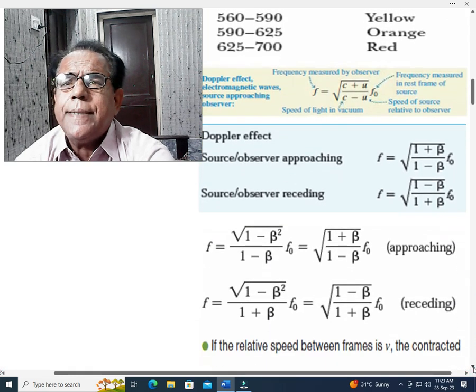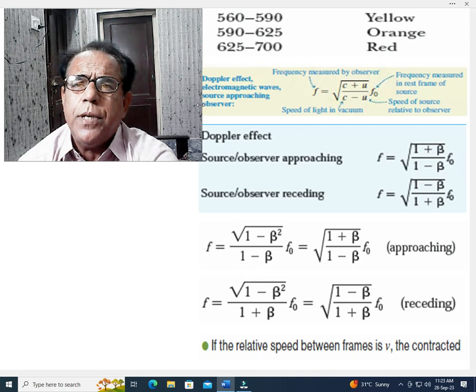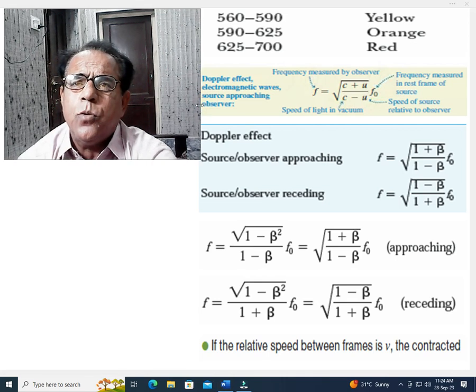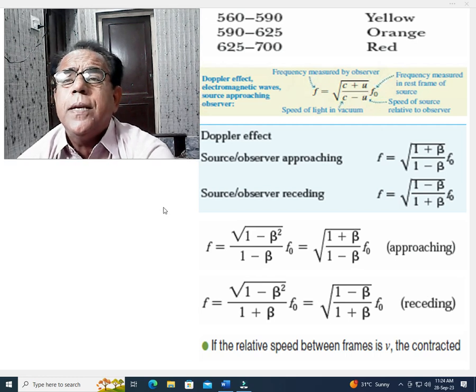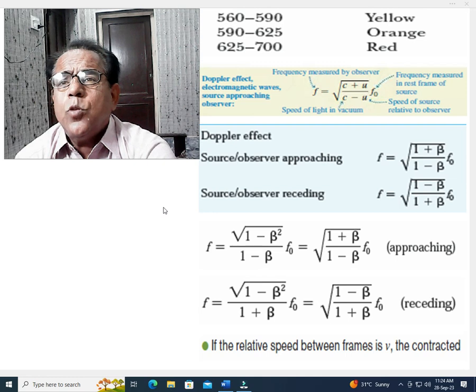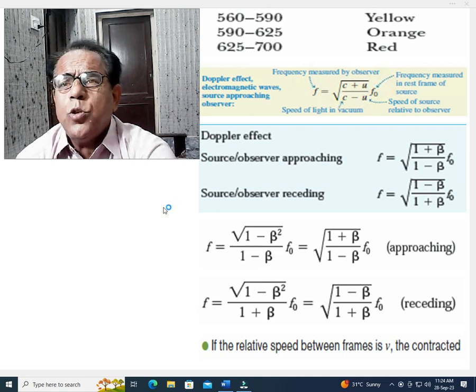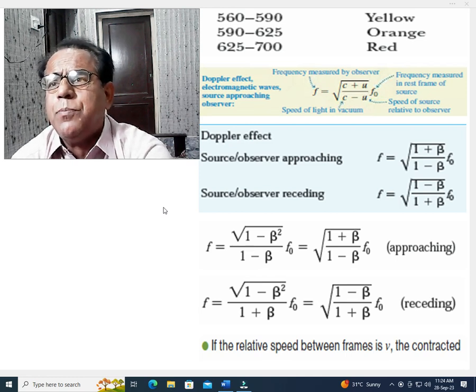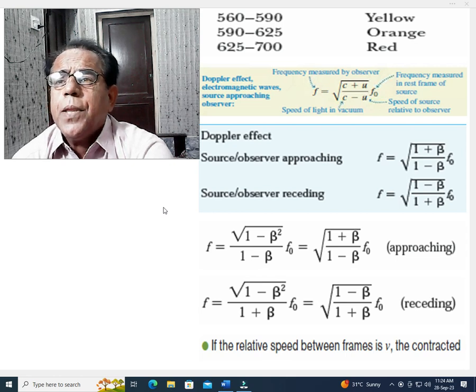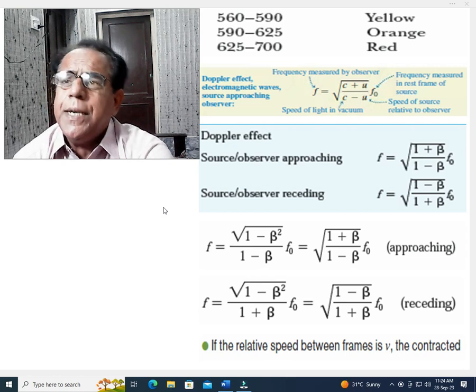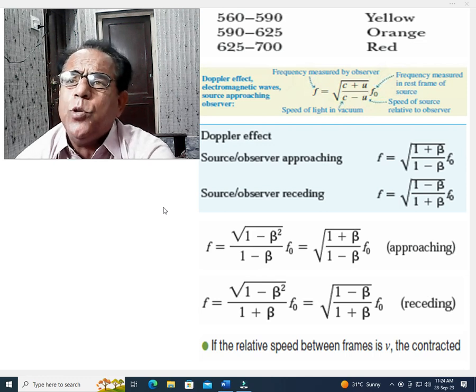Next there is the Doppler effect. Doppler effect, electromagnetic waves, source approaching observer. Frequency measured by observer, f equal to under root c plus u over c minus u into f naught, where f naught is the frequency measured in rest frame of source